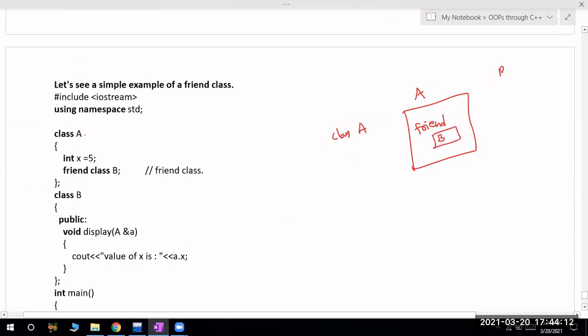So we have a class B. I am making B a friend of A, so that B can access the private data in A. It can access the private and protected data from class A, but A cannot access the private and protected data from class B. Okay, clear? All of you clear, right?